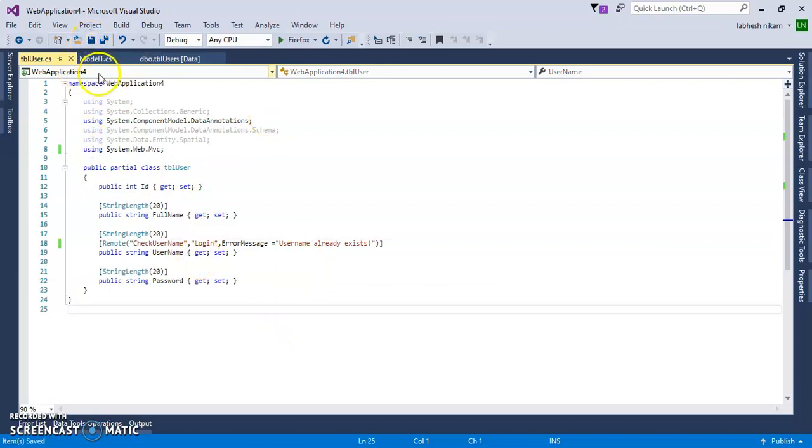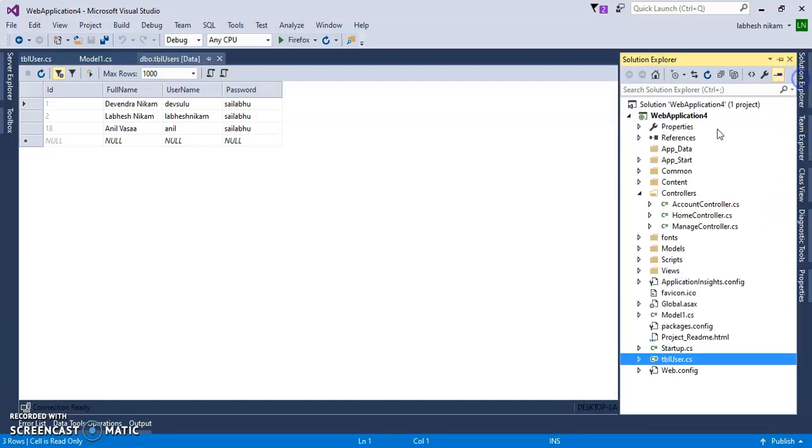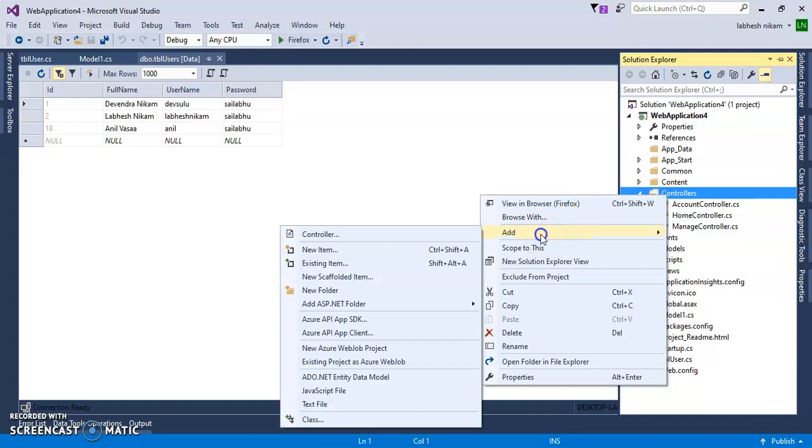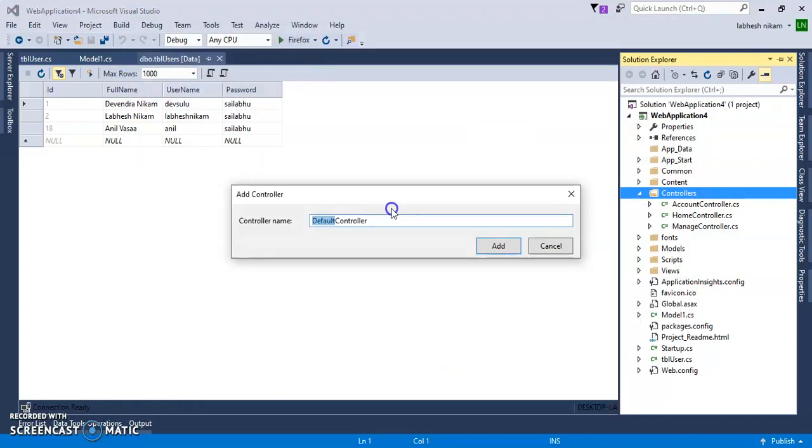This model side is done. Now we'll go to the Solution Explorer and create one controller. Right click on Controllers, Add Controller, MVC5 Controller Empty, and give the name LoginController.